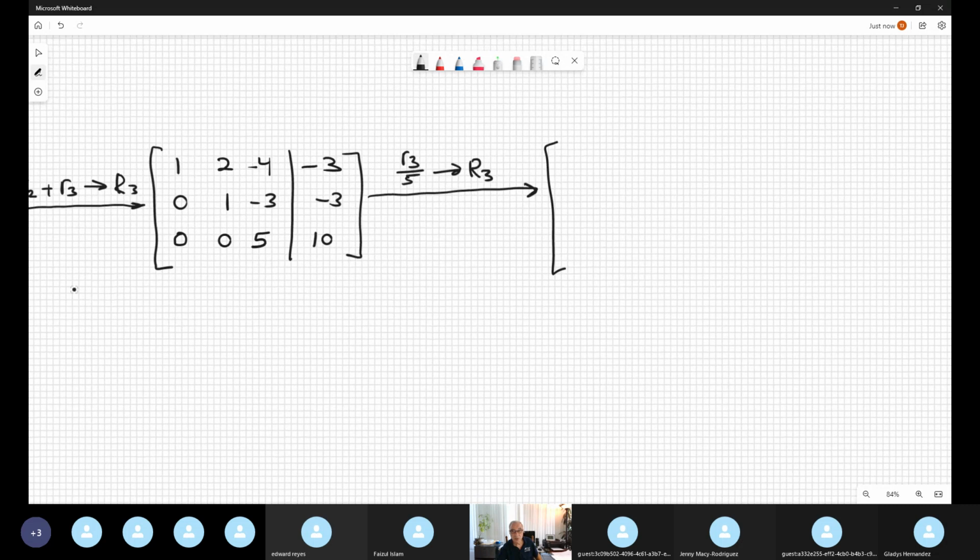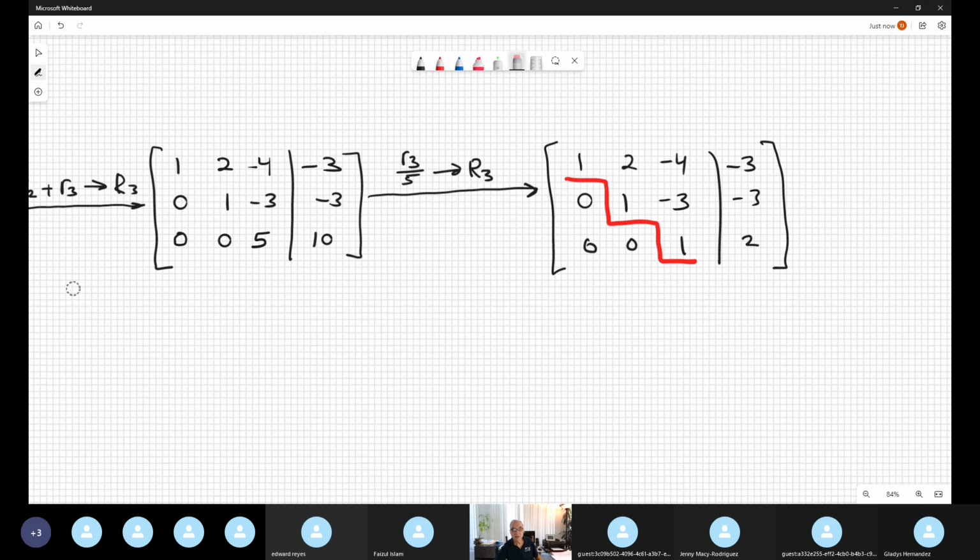So we have 1, 2, so row 1 stays the same, nobody touches it. Row 2 is 0, 1, -3. And when you divide row 3 by 5, 0 divided by 5 is 0, 0 divided by 5 is 0, 5 divided by 5 is 1. This is my goal, create the third pivot, 1. And 10 divided by 5 is 2. Wow! This is the moment in which I have an echelon